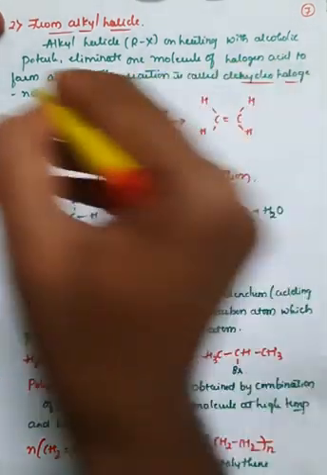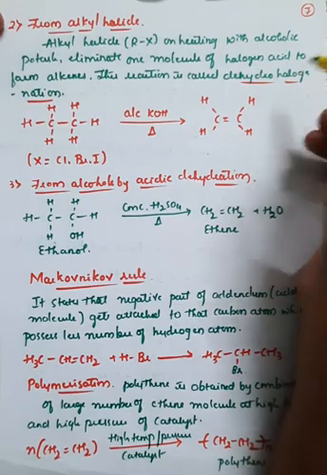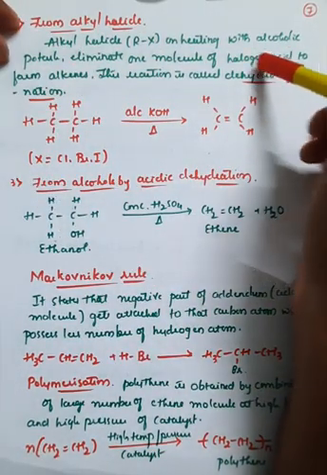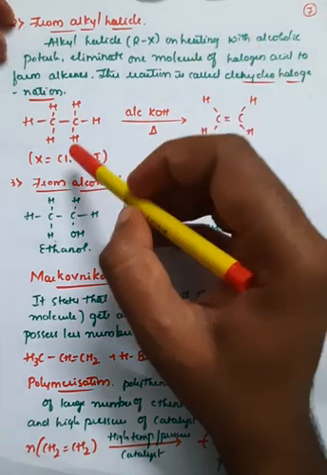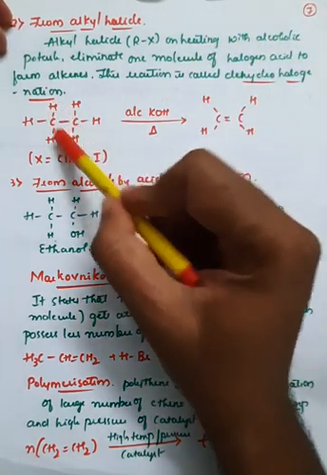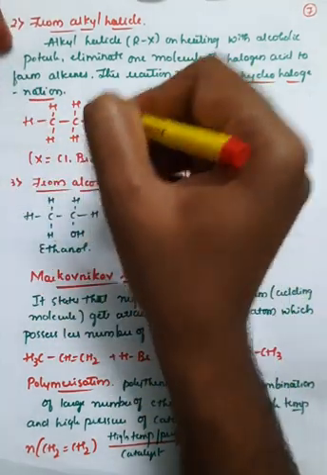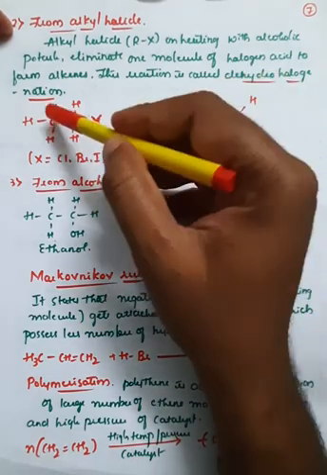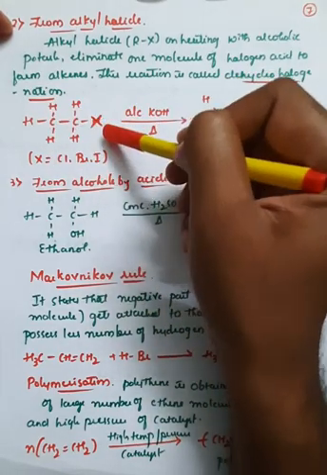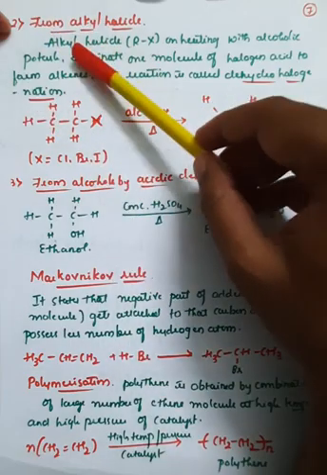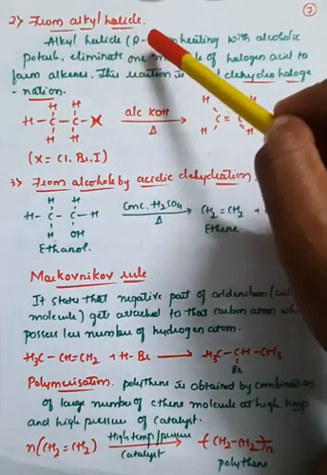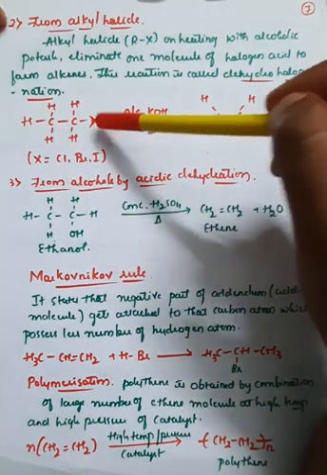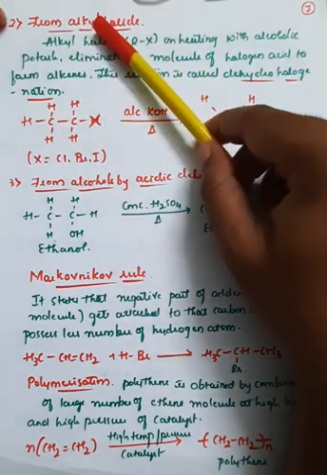dehydrohalogenation reaction. Observe here, dehydrohalogenation, which means there is a removal of a halogen and a hydrogen. If you observe here, it is CH3 and here it is CH2, and this is X. So there is an attachment of one halogen atom, that is CH3CH2X, which is an example of an alkyl halide. Alkyl halide means it is in the form of RX, so this represents the R group and this represents the X group. Therefore this is an example of an alkyl halide.